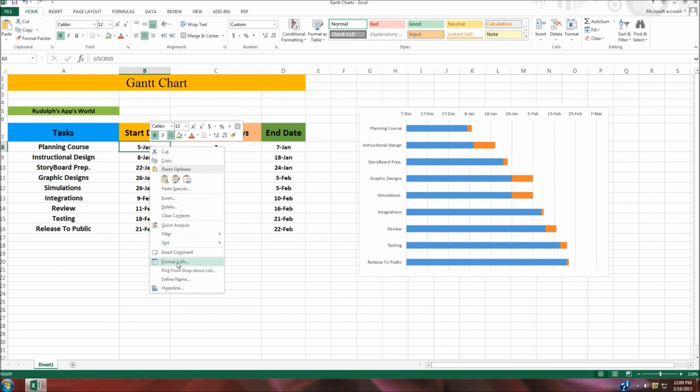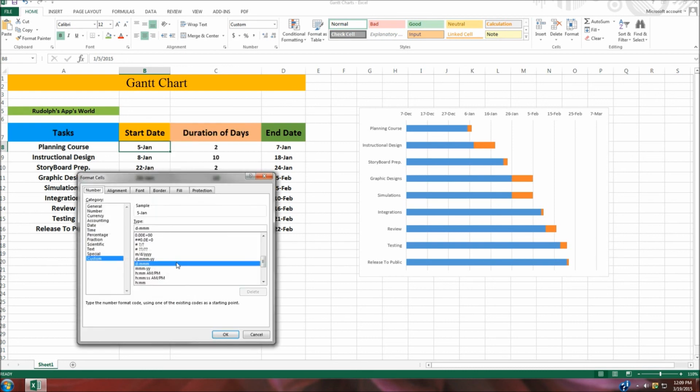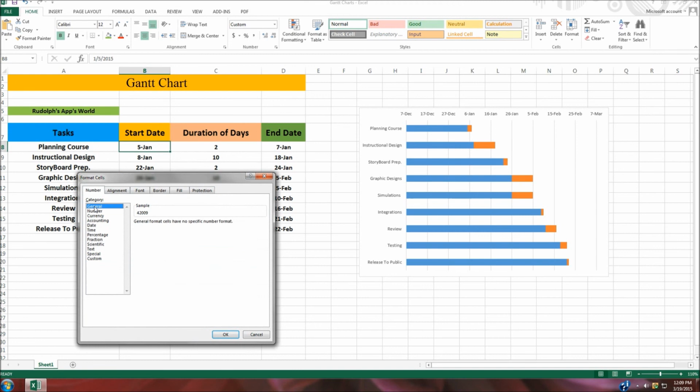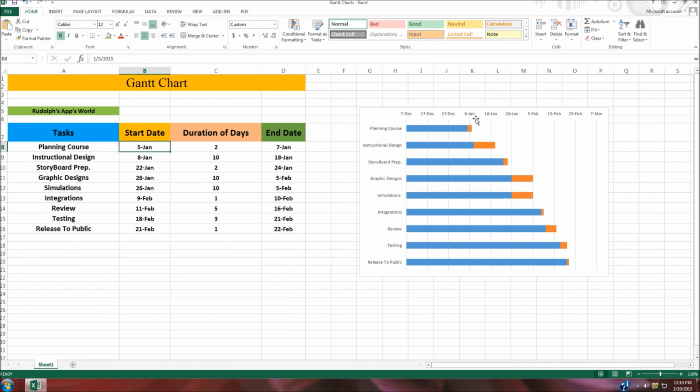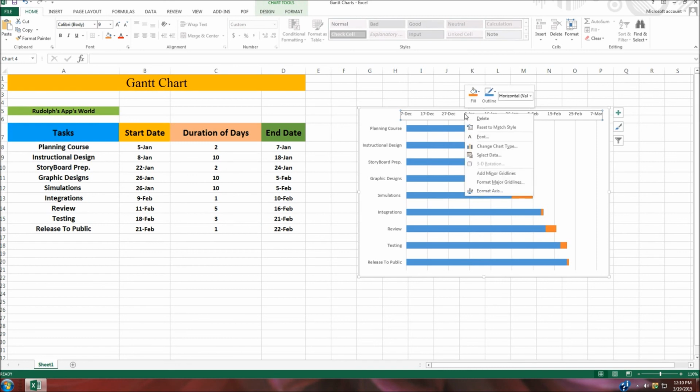So we're going to come here to Format Cells, and we're going to click on General. And as you see, the code for January 5th in Access is 42009. Okay, 42009. Try to make that bigger for you guys, but I don't think it expands. 42009. Okay, so we're going to close that. We're not going to change anything, and we're going to remember 42009, and we're going to come to, I believe